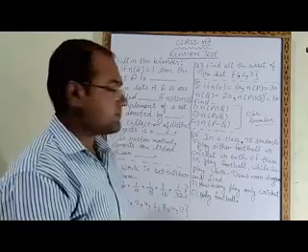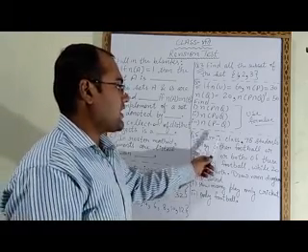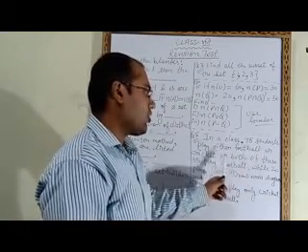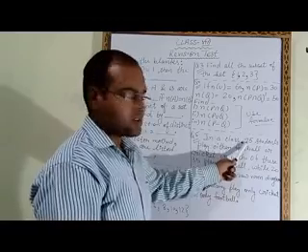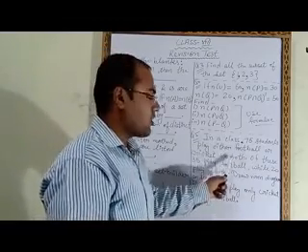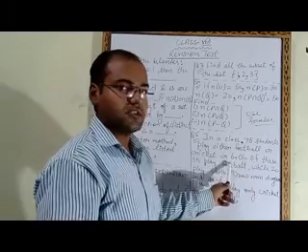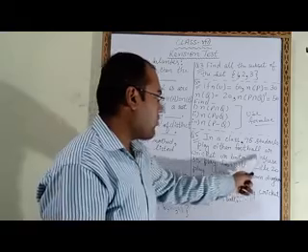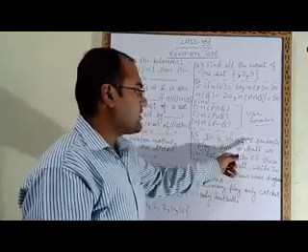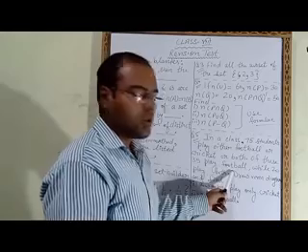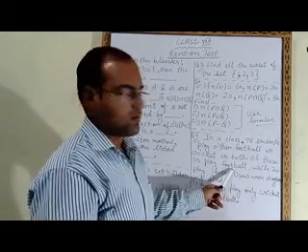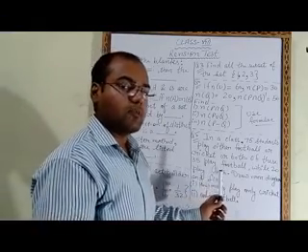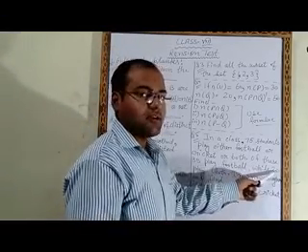Question number 5 is: in a class, 75 students play either football or cricket or both. Either this or both means union. That means 75 is the union. Then he said that out of these 75, 35 play football. So the number of students who play football is 35, while 20 play both. Both means common, and common means intersection. That means this 20 is the intersection.